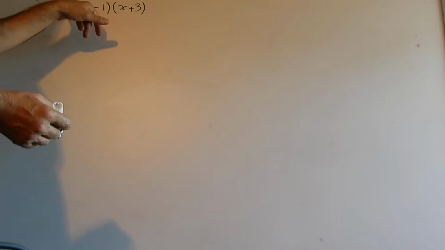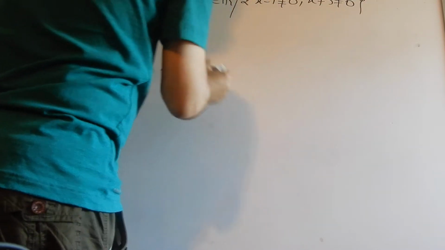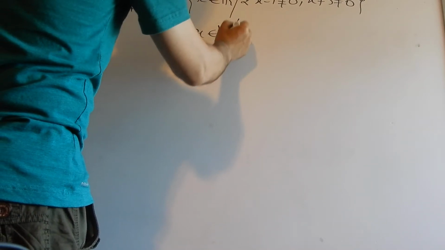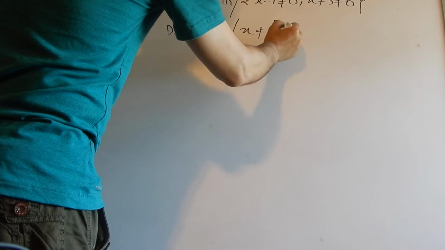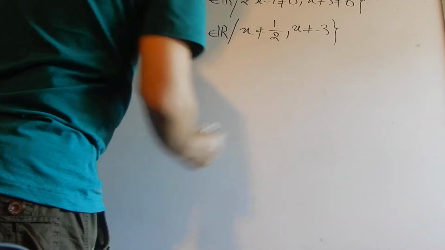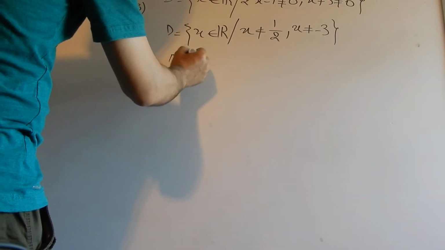To do that, I have to suppose that the denominator is not equal to 0, which means the domain is x belongs to R, and 2x minus 1 must differ from 0 and x plus 3 differ from 0. So x must differ from 1 over 2 and x must differ from minus 3, which means the domain equals